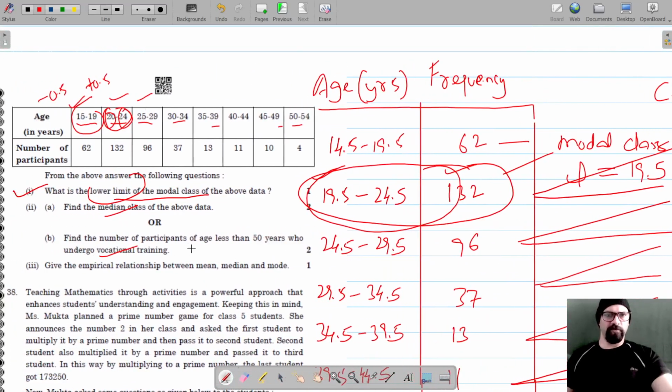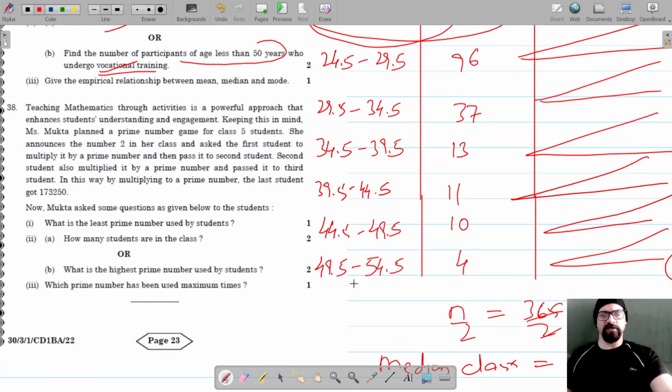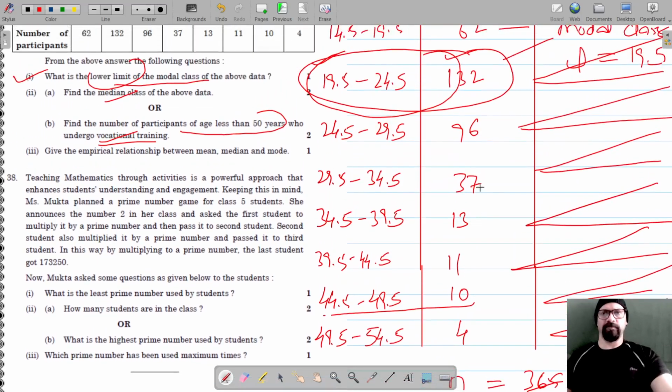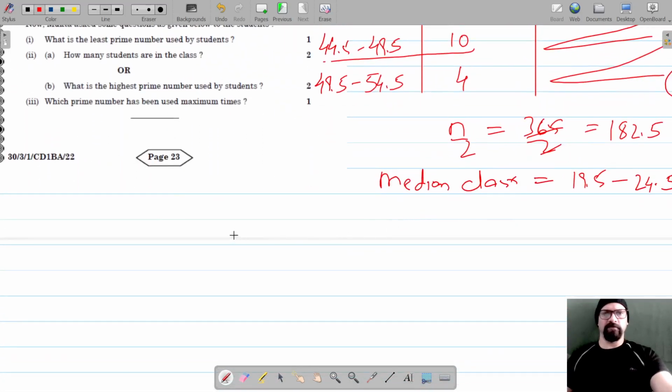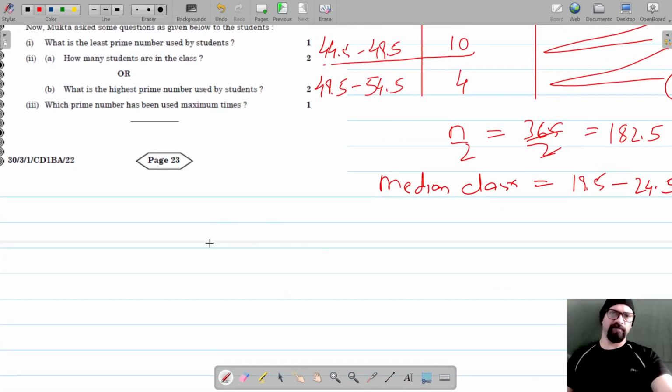It's asked to find the number of participants of age less than 50 years who undergo vocational training. So less than 50 years are all these. This is question number 37, part B. And less than 50 years, the candidates are